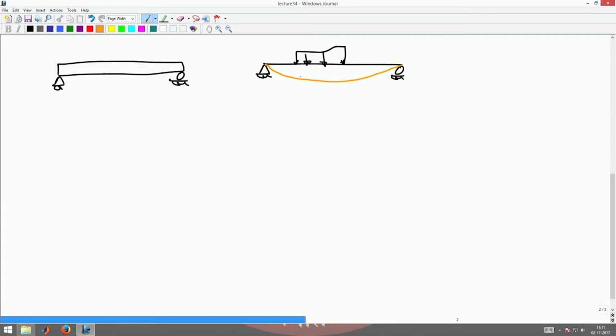Those effects we didn't consider. We just took the load to be acting on the undeformed shape, and we wrote the equilibrium equations to get dMz/dx plus Vy equal to 0 and so on. The equilibrium equations that we got were based on undeformed configuration equilibrium. This is evident when you look at a truss analysis, which you would have done in your previous course in